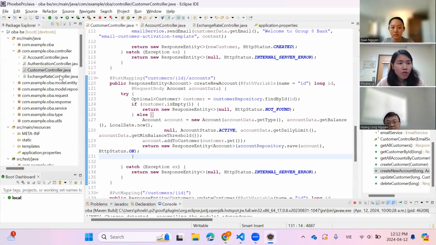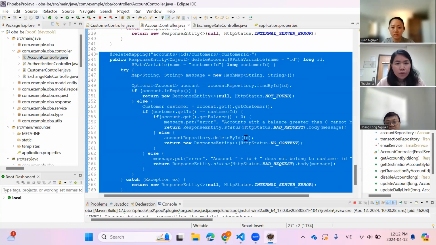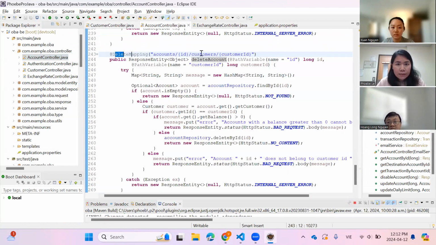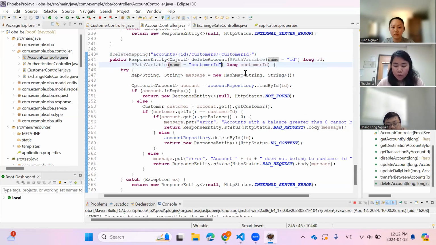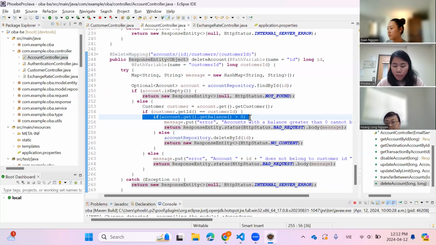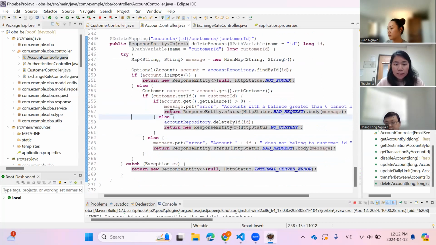Here is the coding for closing the account. It is the API for that function. Here, we set it up to handle the delete request to delete an account that is associated with a specific customer. Again, it also checks whether the customer exists or not. If it doesn't exist, it returns not found. But if it exists, it then checks the account balance, whether it is 0 or more than 0,